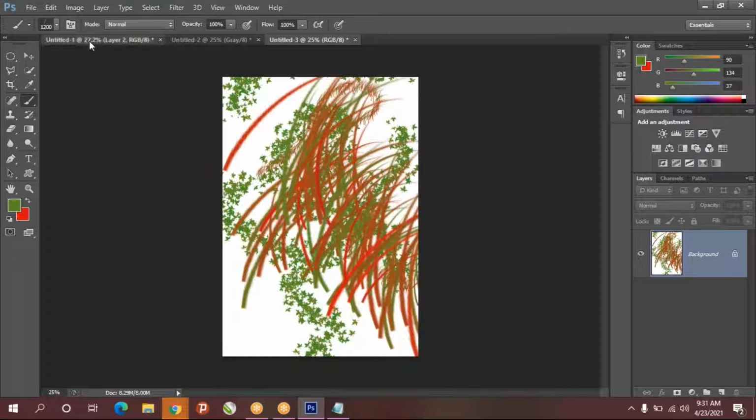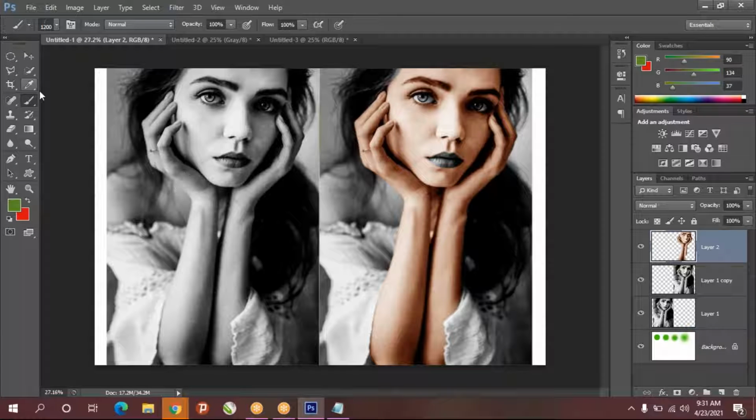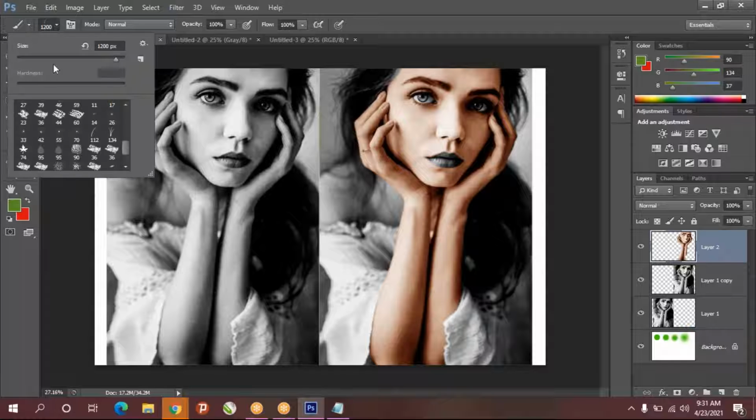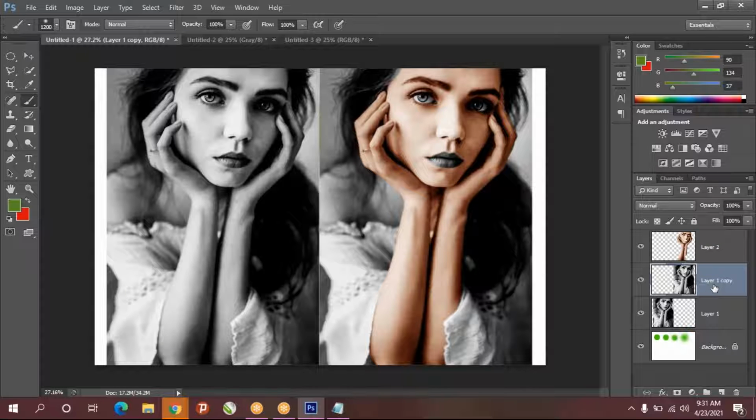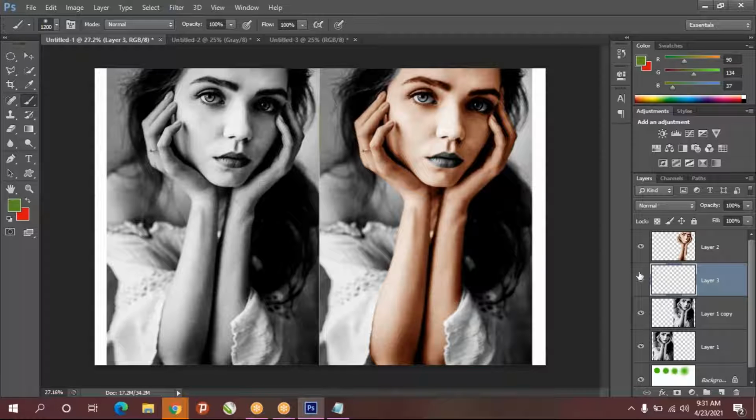So I'll come back to this only. Now I'll take the brush tool. I'll take the soft brush. I'll go back to this original layer, or you make a duplicate, an empty layer. If you see this kind of checkerboard, it means this is an empty part. In this layer, this is the empty part; in this layer, this is empty.